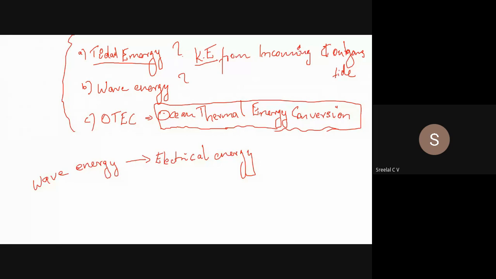The second one is wave energy. For wave energy, we capture that energy from the surface of the wave, which we will discuss later. Actually, there will be a floating object like this. As the wave increases, with the crest and trough, you already know, the potential of the wave increases and this floating body will have an up and down motion.